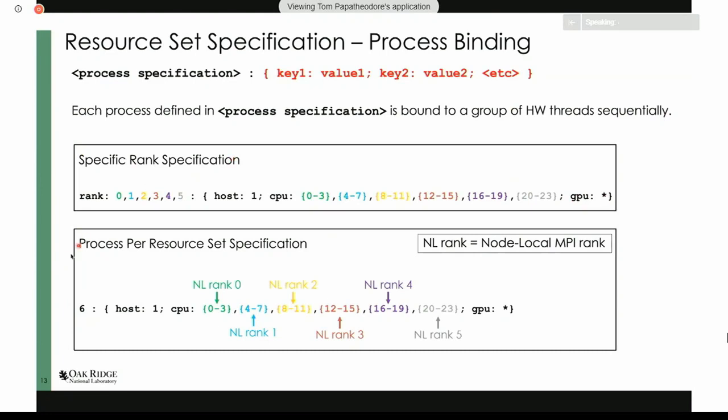And so for the process per resource set specification, which is a different way of specifying those processes, you would just have that 6 there, right? So you're saying 6 ranks have access to these resources. And so although it's not explicitly ordered like this is, to where you can do this sort of mapping back and forth, what you do is you can think about the node local ranks being mapped to the groups of